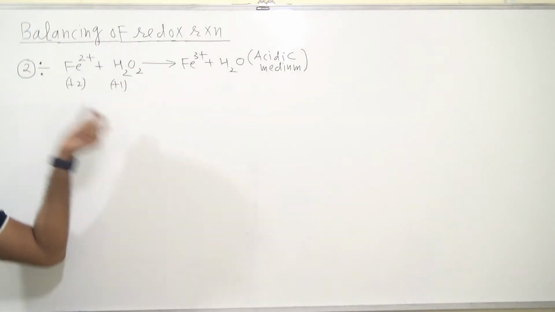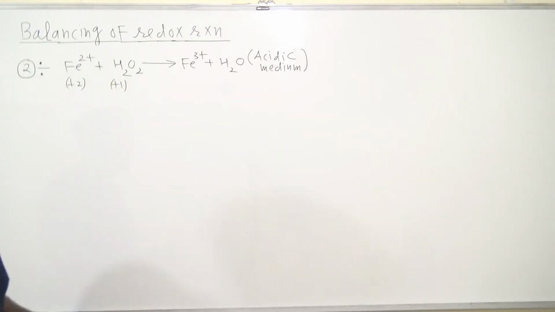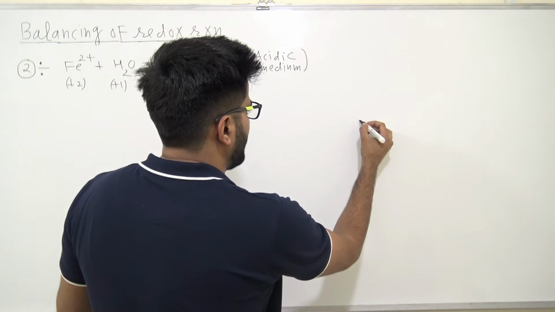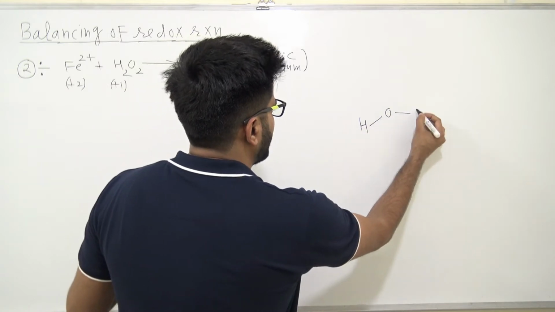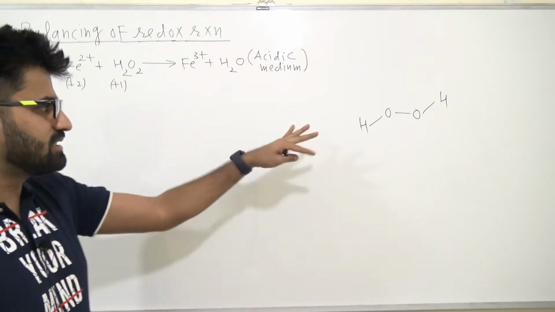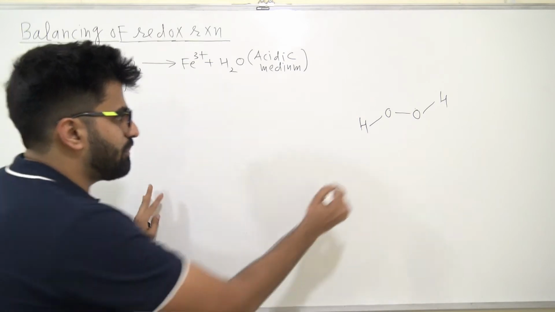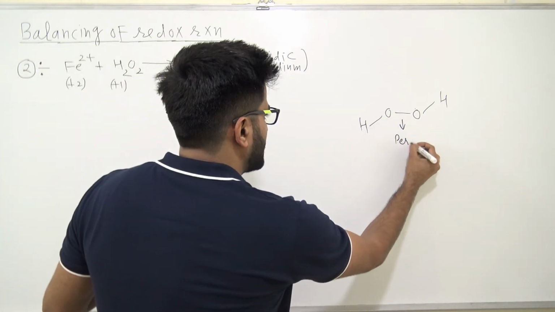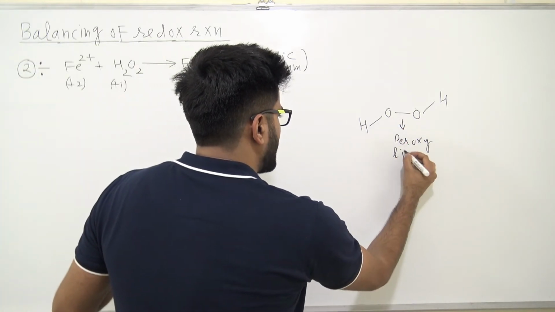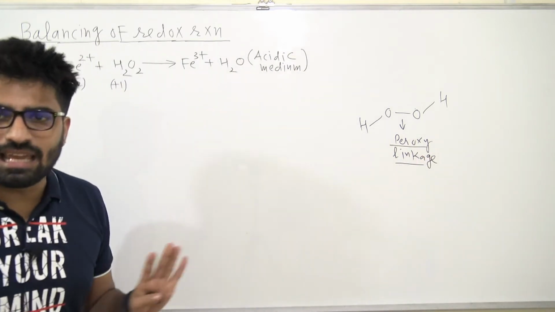That's why I have taken this question, because I know you guys can make mistakes. So this is hydrogen peroxide, and this is the structure of hydrogen peroxide, guys. It has an open-book-like structure. Let it be, we will discuss that later. But this is H2O2, right? So it has this peroxy linkage between oxygen and oxygen. There is a peroxy linkage, right, guys?